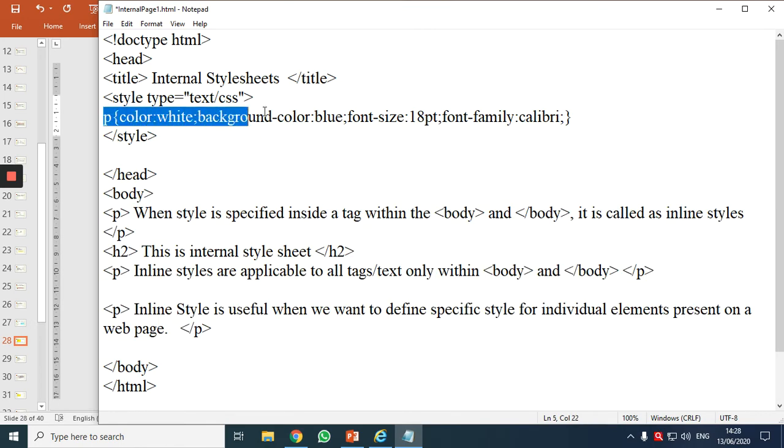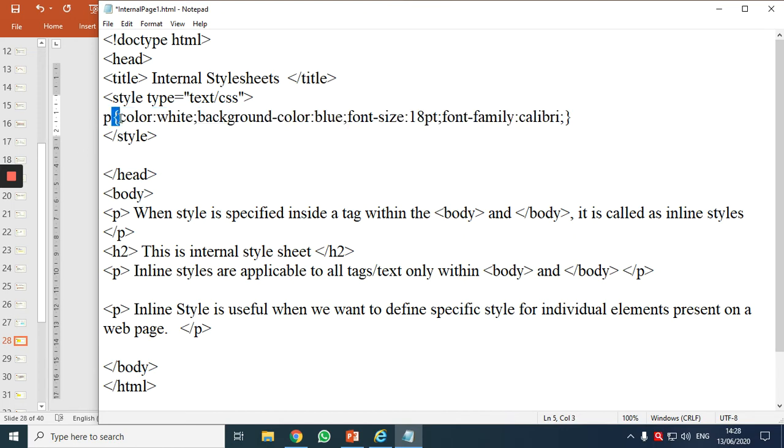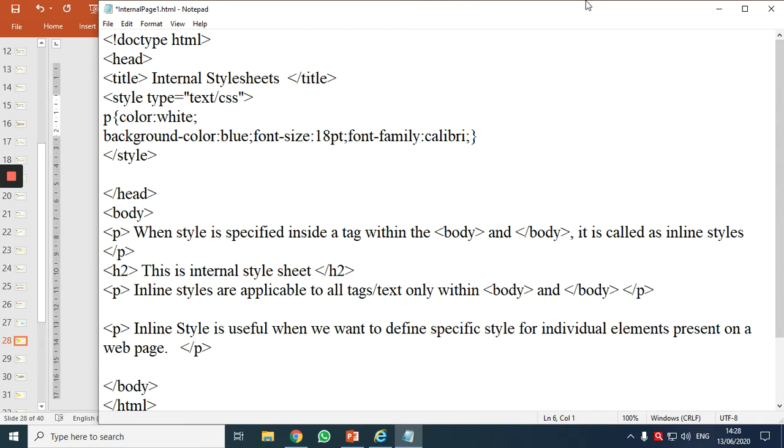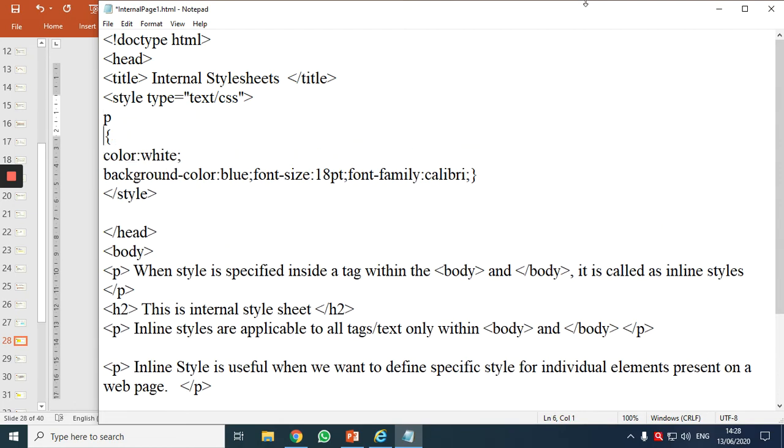Now, look at the way I have written here. This is the selector, curly brackets open. Then I've written color, colon, white, semicolon. This is my second declaration. It is not necessary that you write it like this. I can put an enter and write, or put an enter and write like this.